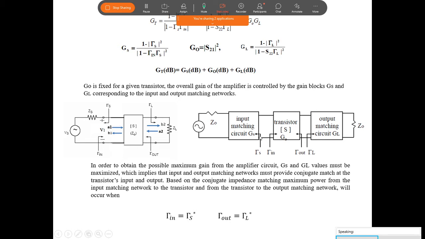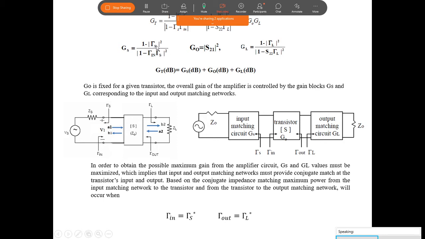Like that we have to choose the input impedance here. We are changing it from 50 ohm to some other value. If you take the previous 50 ohm, you do not get a gain equal to 4 dB, it is 0 dB only. That's why we are changing TOS. Instead of 0, it should be some value.